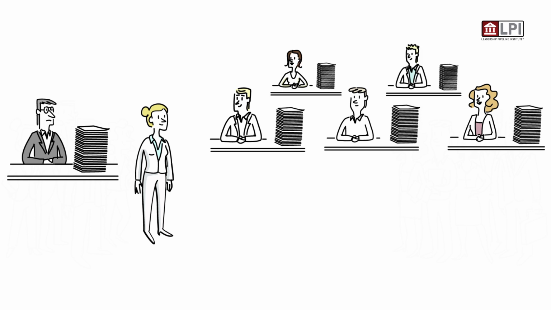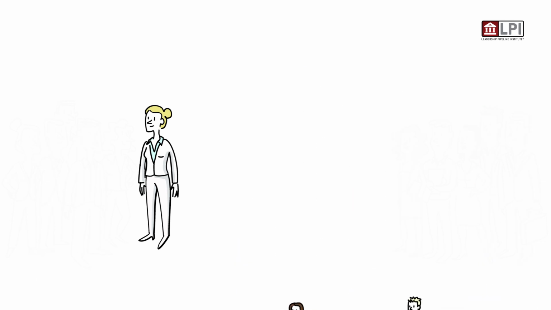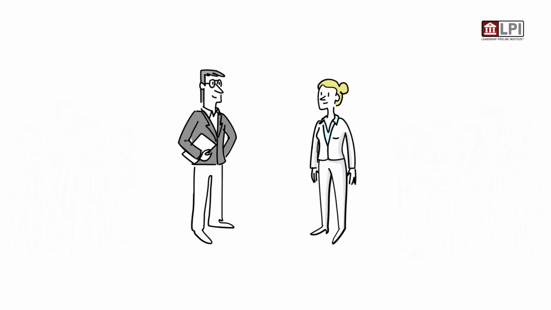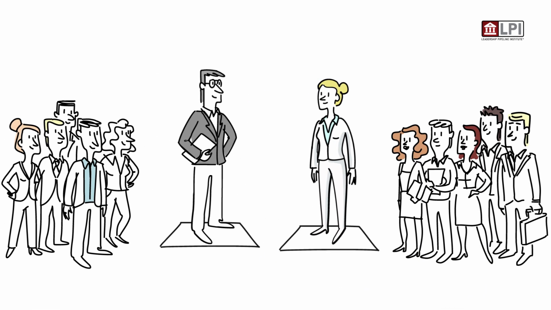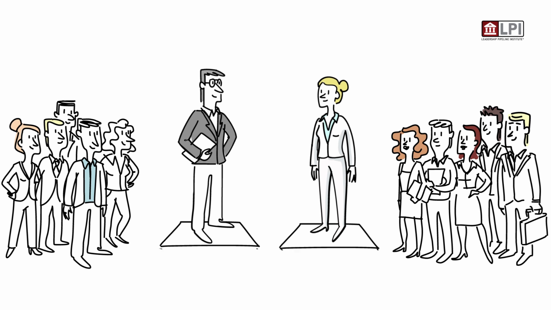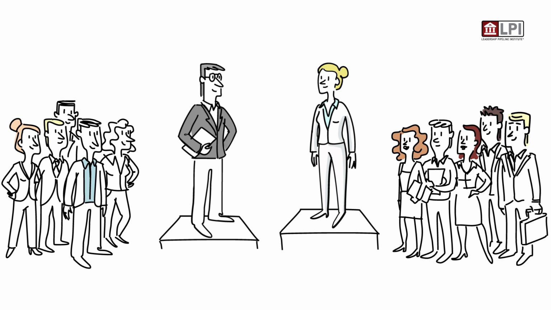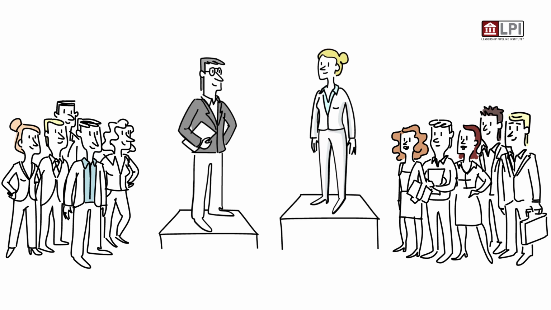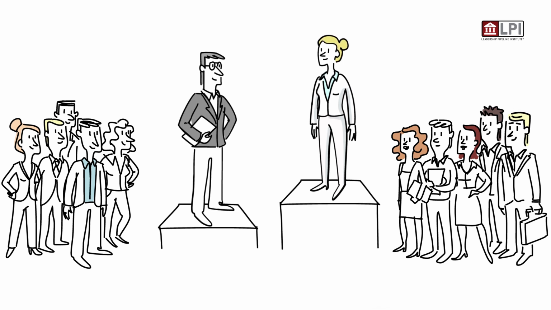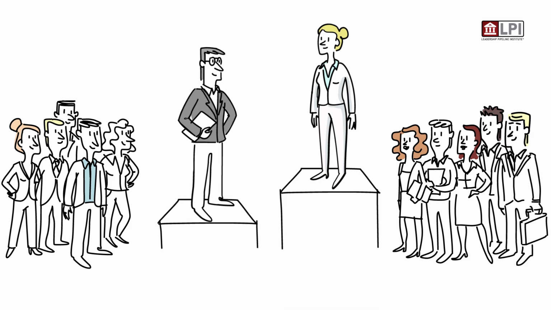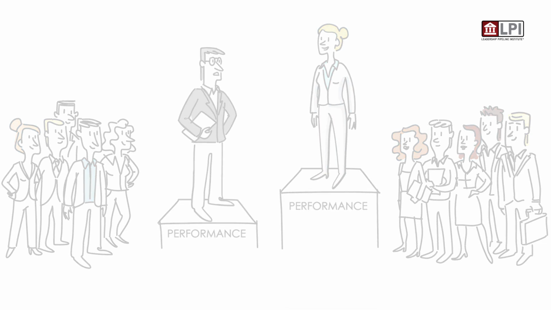The way that Manager 1 and 2 see themselves and what they believe is important and how they define their own success will have a significant impact on how they allocate their time and what skills they utilize. At the end of the day, it will have a profound impact on their own performance, the performance of their team, and the organizational results they can deliver.